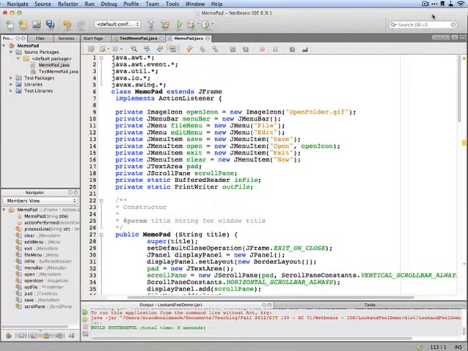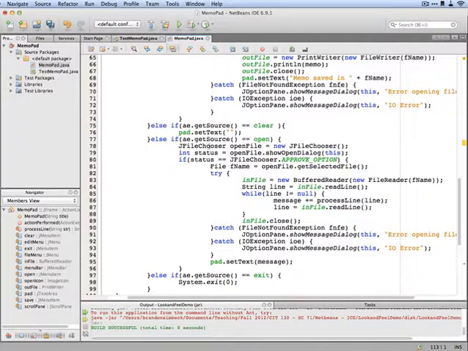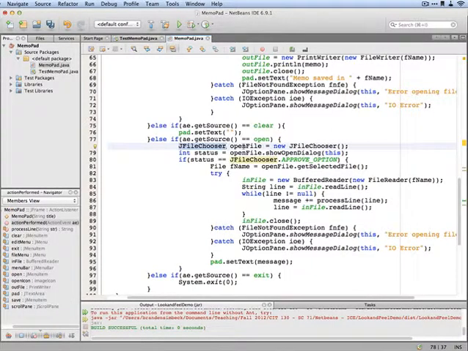The file chooser will create an object, and I'll show you an example here. We'll start with a save dialog. This line right here is a good example of how to create a file chooser dialog box object. We're going to create one called openFile, and this is actually going to retrieve files, not save them. Well, this won't actually cause the dialog box to appear, but this sets everything up in memory for that dialog box. The next thing that we're going to do is call